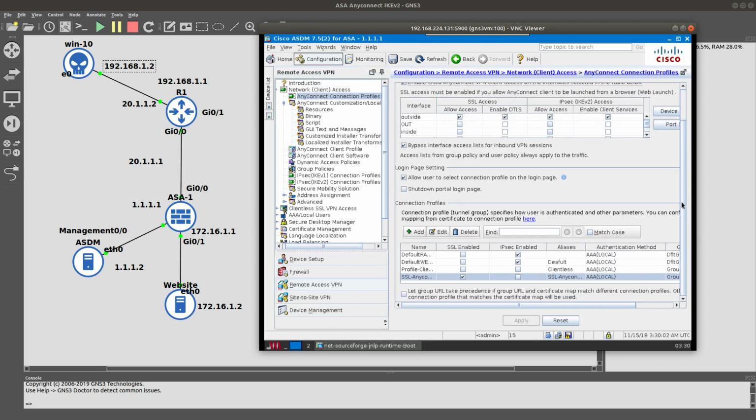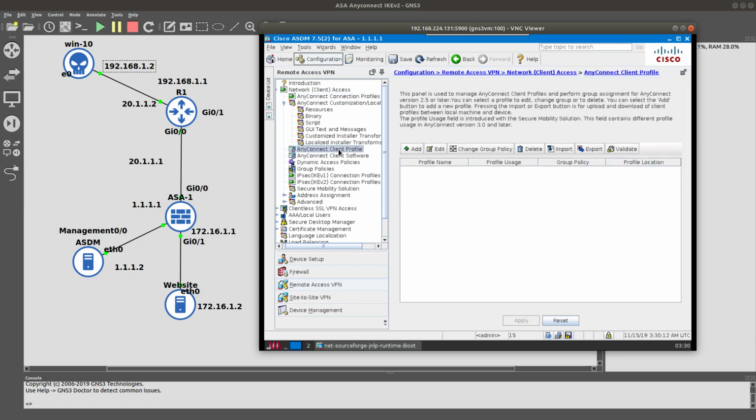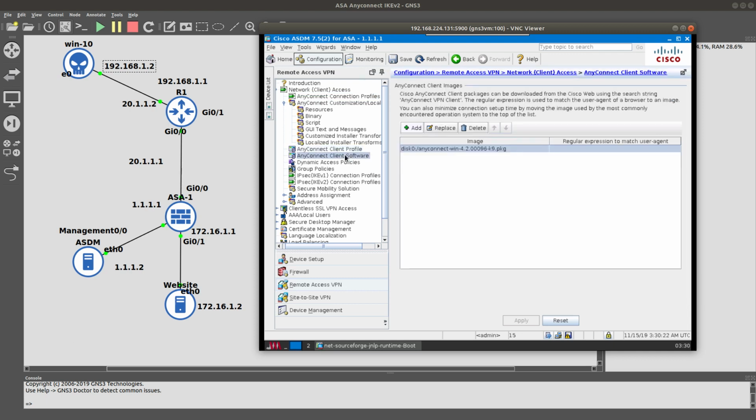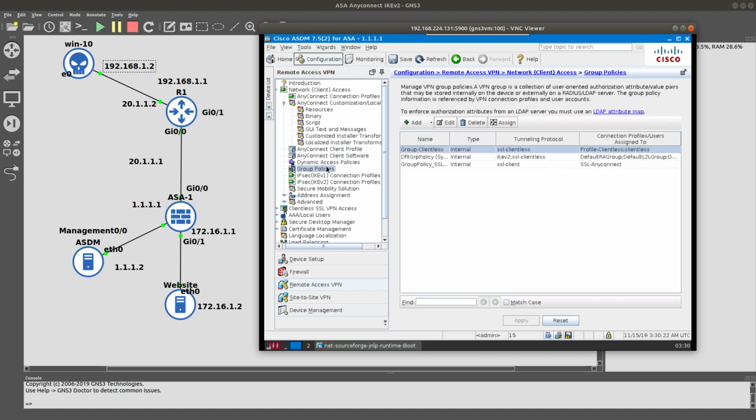So now we want to verify that that is enabled. And as you can see right here, SSL AnyConnect is enabled for the outside interface, so that's good. Let's go ahead and go into the client profile. We don't have anything. Software, good. So let's go ahead and go into the group policy, which is the post login. So after the login,